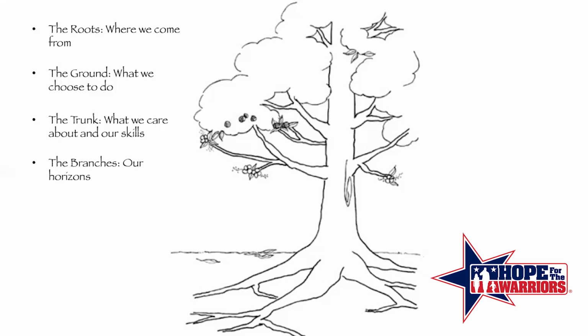Done with your branches? Now we're moving on to the leaves of your tree. The leaves are those who are significant to us. The leaves represent those who are significant to you in a good way. These may be people who are close to you or who have influenced you directly. You may also include heroes on the leaves of your tree, or acknowledge pets and invisible friends. It's particularly important